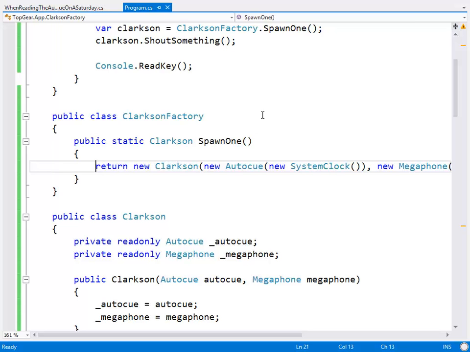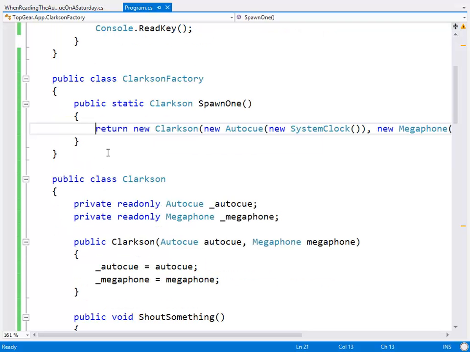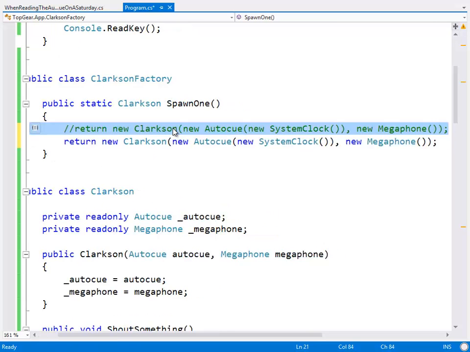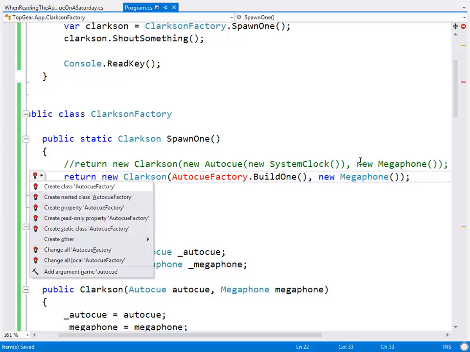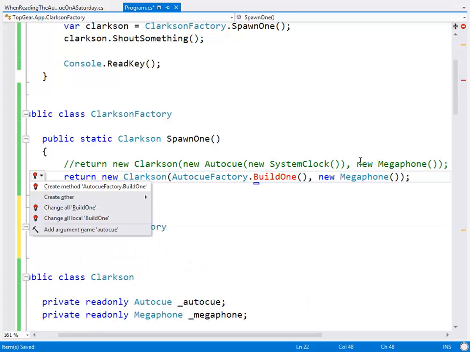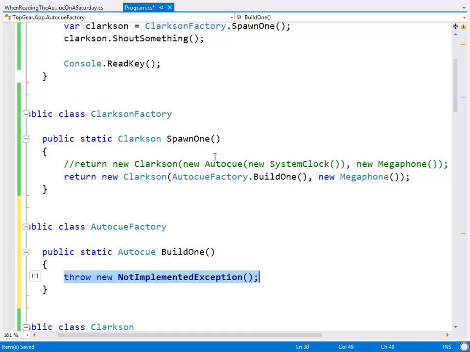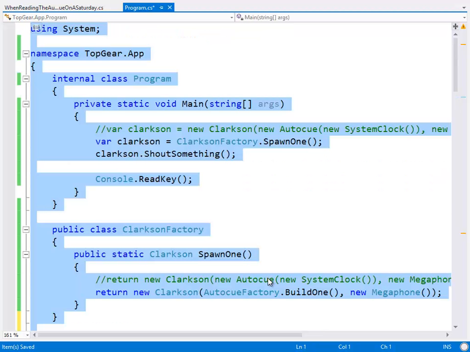So what we can do instead is we can say, well, rather than creating a new auto queue out of this one, copy pasty, comment him out. Incidentally, if you check in commented out code, you are a bad, bad person. Do not do this. AutoQueueFactory.Build1. All right, so create a class called AutoQueueFactory. He's going to have a Build1, and remarkably enough, see, there's a reason I left that there for a second, because I can now go, oops, that's not what I wanted.